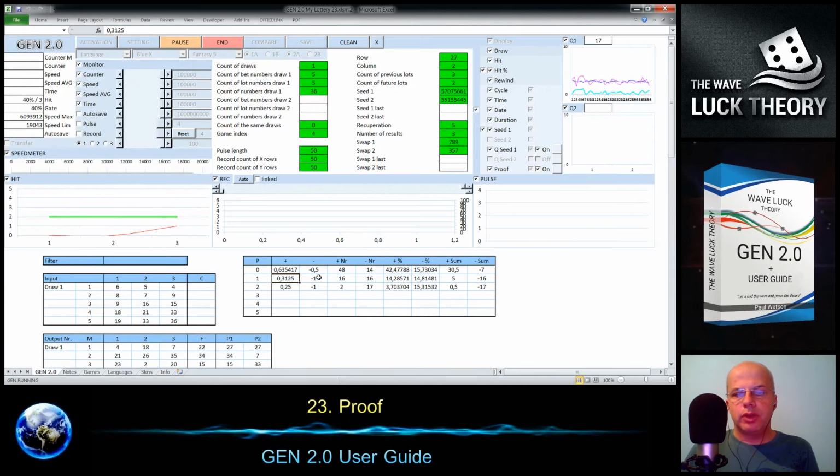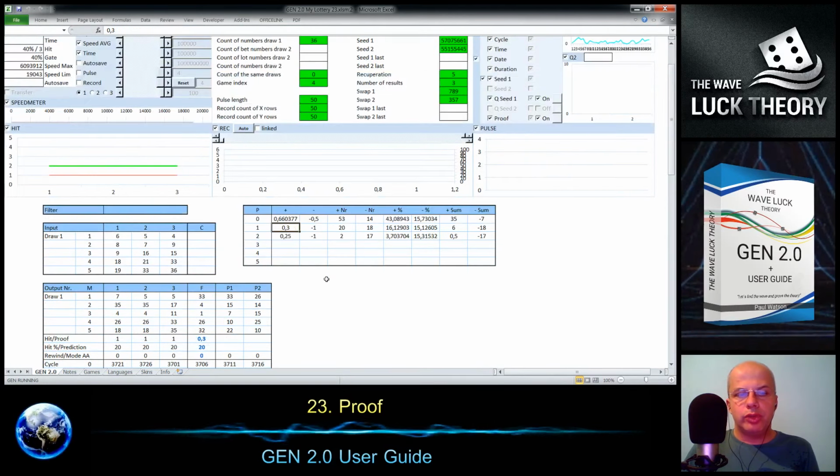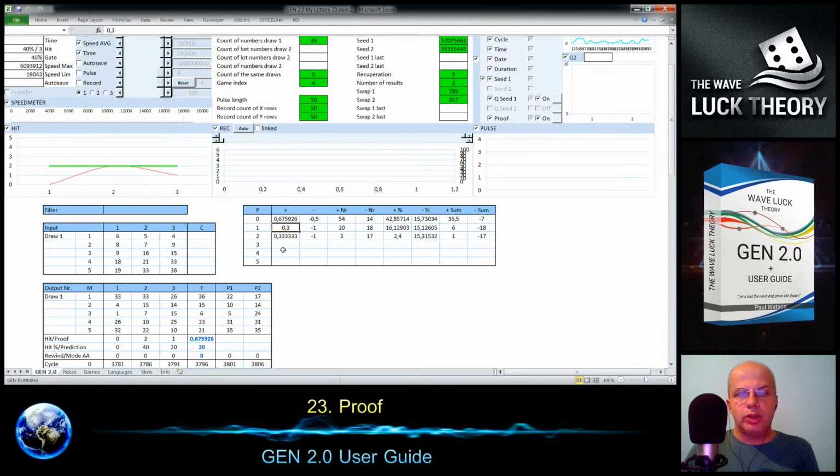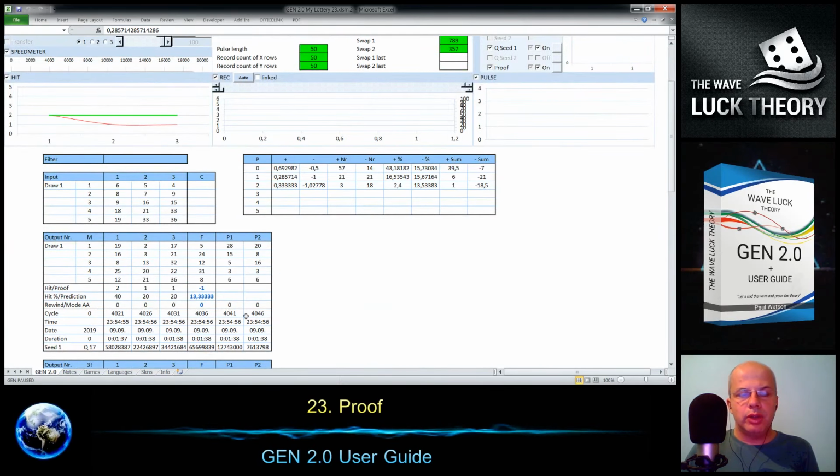And that's how it works. It's simple. You can also see that the deviation, negative or positive, is, I will pause it, printed right here.